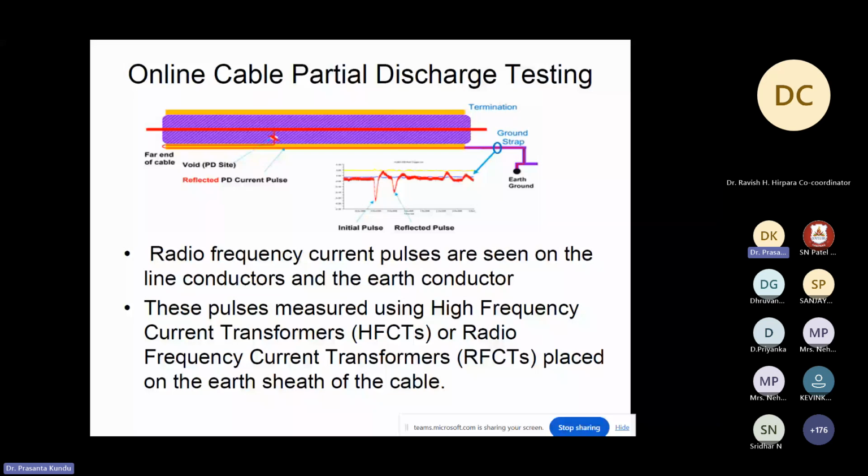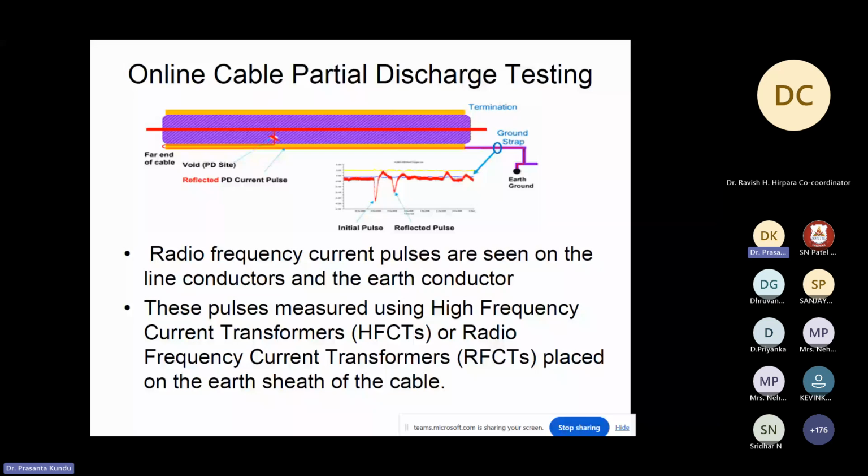Cable has many types, but nowadays we go for the XLPE cable, with XLPE insulation. Unlike the other devices, which are confined to some zone, a cable will be a few kilometers long. So here the adapted technique is different. A transformer will be localized to that part, rotating machines will be localized in one particular zone, but a cable has to be traced over 1 kilometer, and if there is a fault in any zone, you have to identify it.